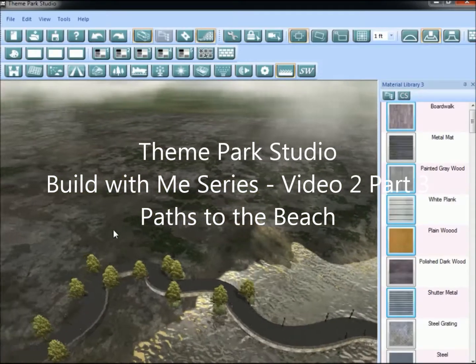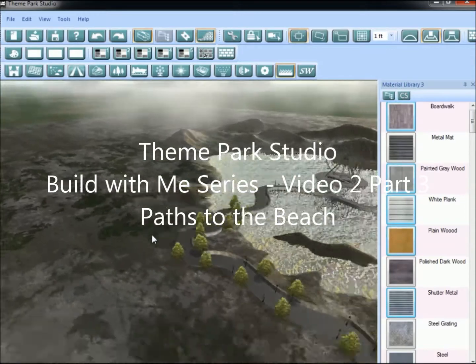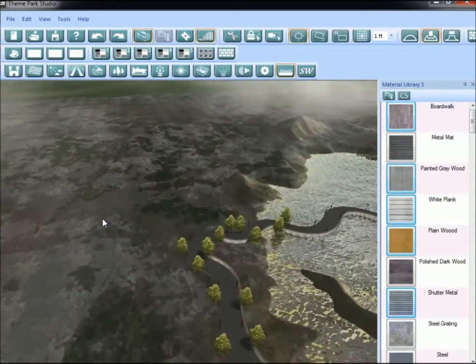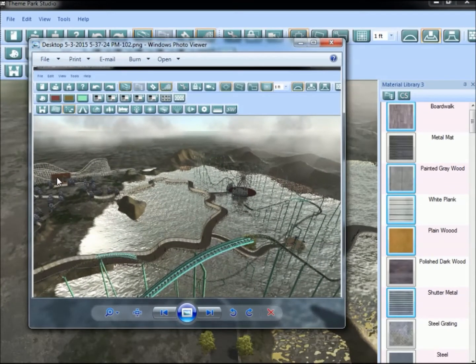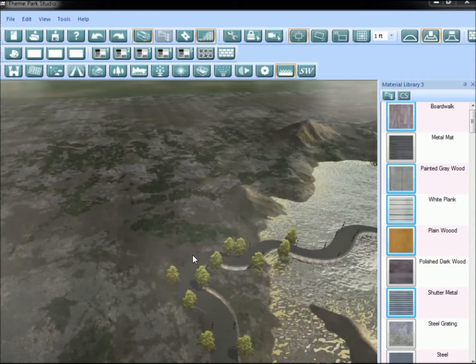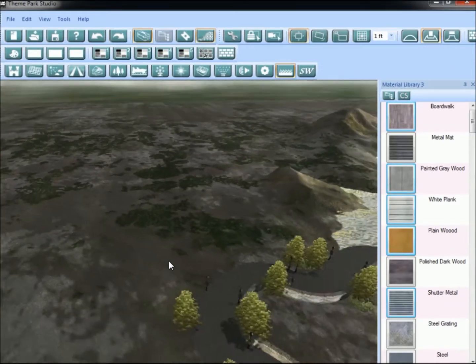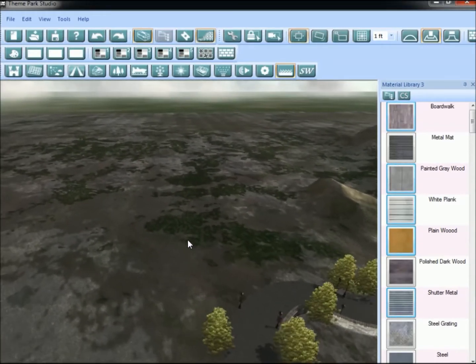We're going to move over here and do the wooden coaster first. So if we look back at that original picture, we've got a white wooden coaster that connects to the back path. And the way we're going to do that is to come over here into this area, and we're going to